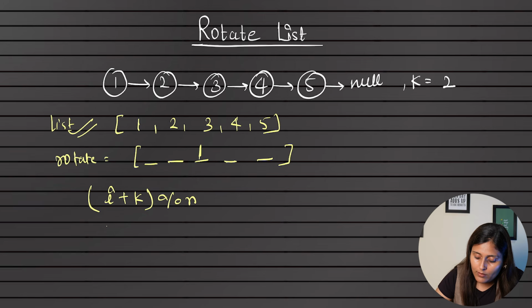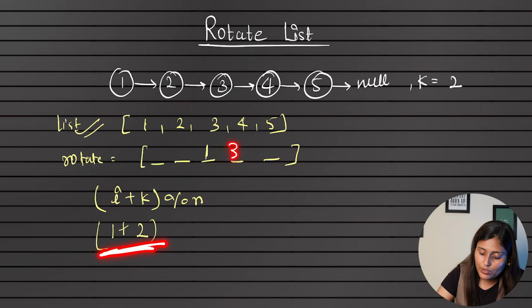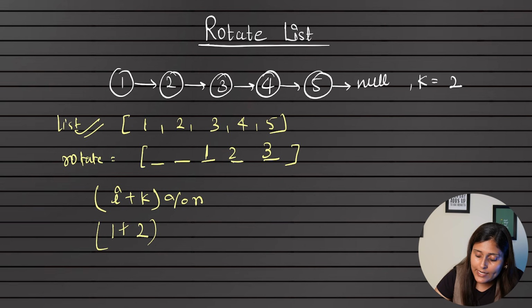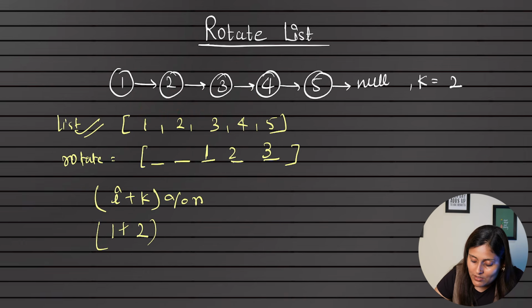Similarly, 1 plus 2. Why 1? Because 1 is the index for node 2, correct? And node 2 is supposed to be inserted at the third index. So here we will insert 2, similarly here 3. Now for 4, what is the index? 0, 1, 2, 3, correct? So i means 3, plus k